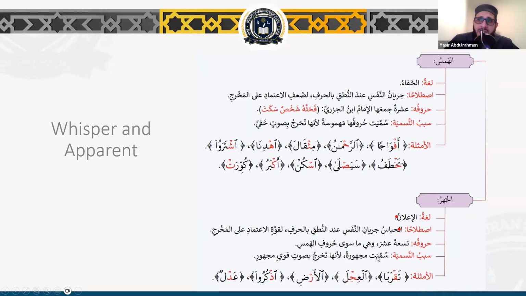So 10 plus 19, that's the total 29. So everything else is the whispered letters. They are not summarized in a sentence that I have for you, but this is basically everything else apart from these 10 letters. And again, we call them majhura, apparent, because they are produced by a very clear and strong sound. So the examples would be تقرب العجل الأرض